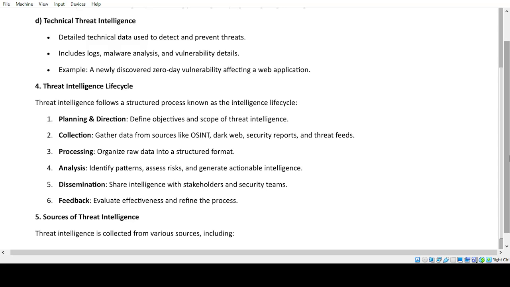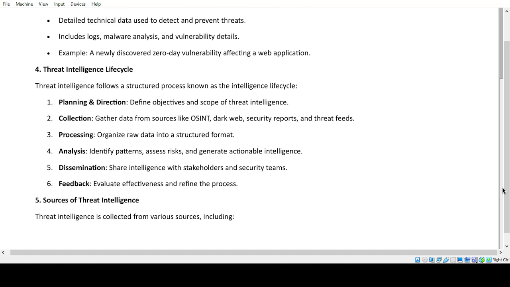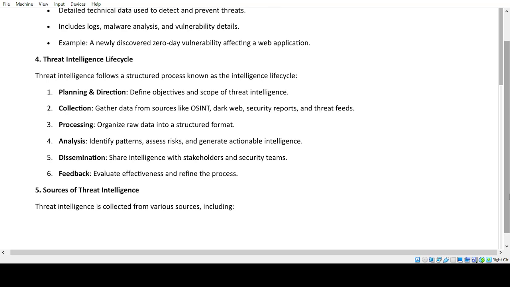4. Analysis. Identify patterns, assess risks, and generate actionable intelligence. 5. Dissemination. Share intelligence with stakeholders and security teams. 6. Feedback. Evaluate effectiveness and refine the process. 5. Sources of threat intelligence. Threat intelligence is collected from various sources, including